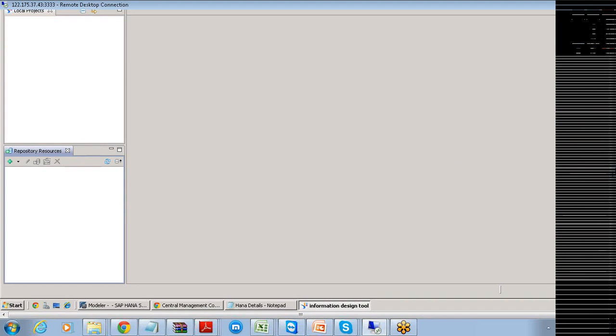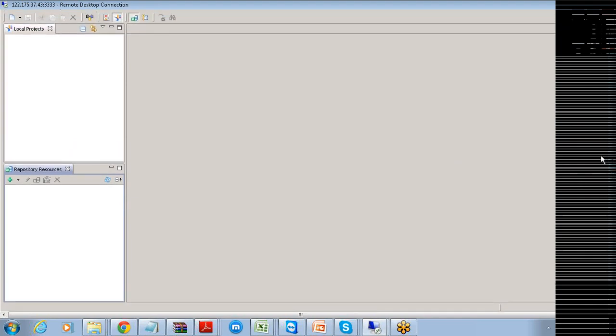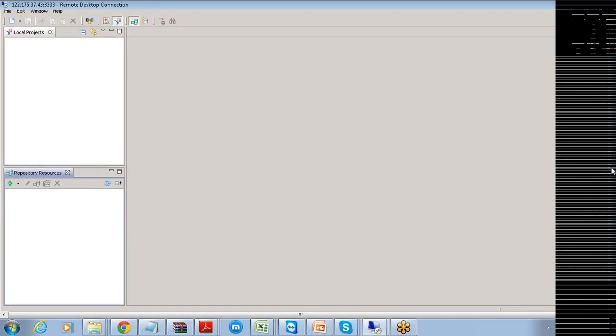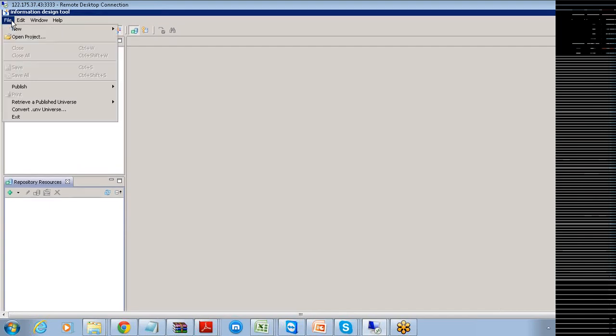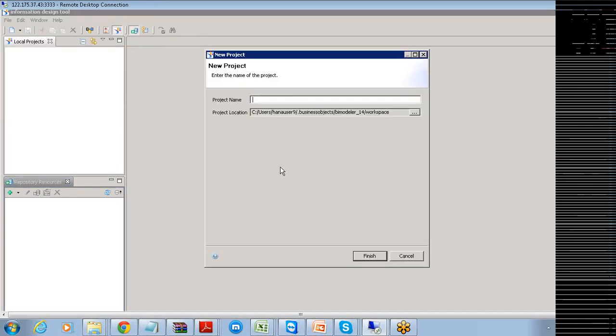Just like in PODs, once we start, a project has to be created here. Two types of projects here. Go to the file, select new, and click on this particular project. This is the project.